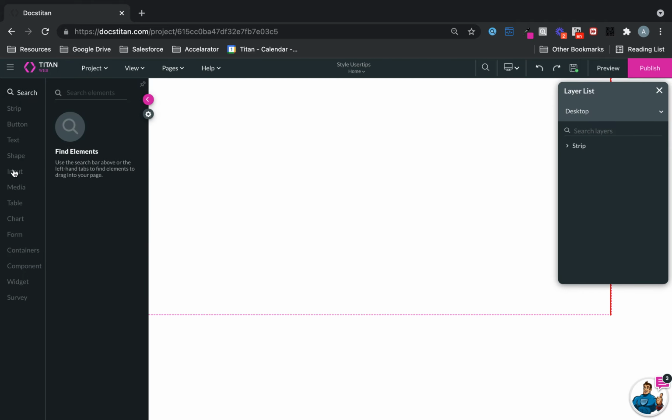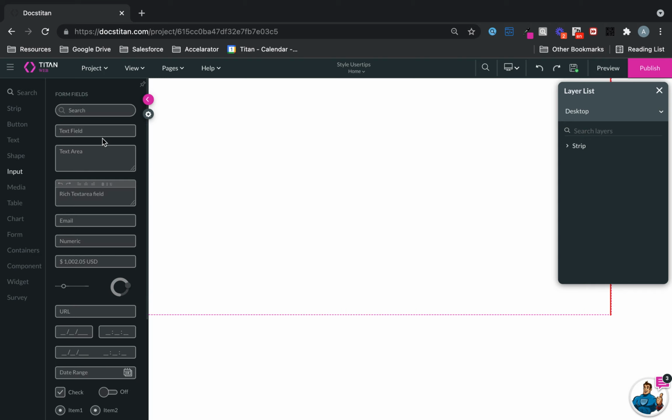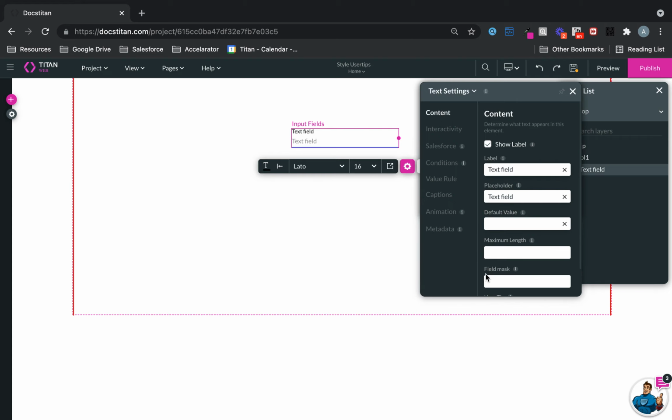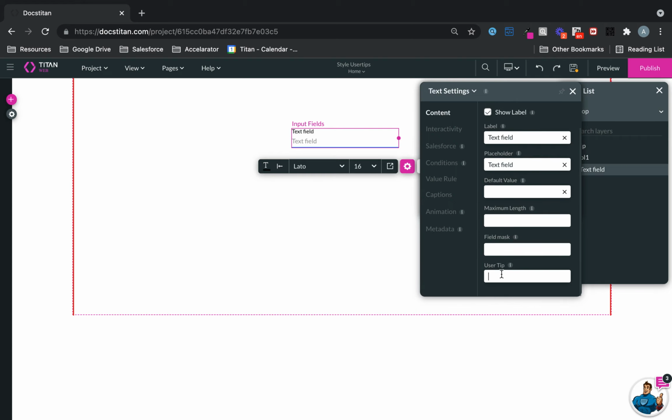So what I'm going to do is take a few examples here for you. Let's take a text field. The simplest way to do it is click on the gear icon, go over to user tip, and I'm just going to say this is my demo user tip, enjoy. That's all I'm going to call it. And if I click save, click preview,